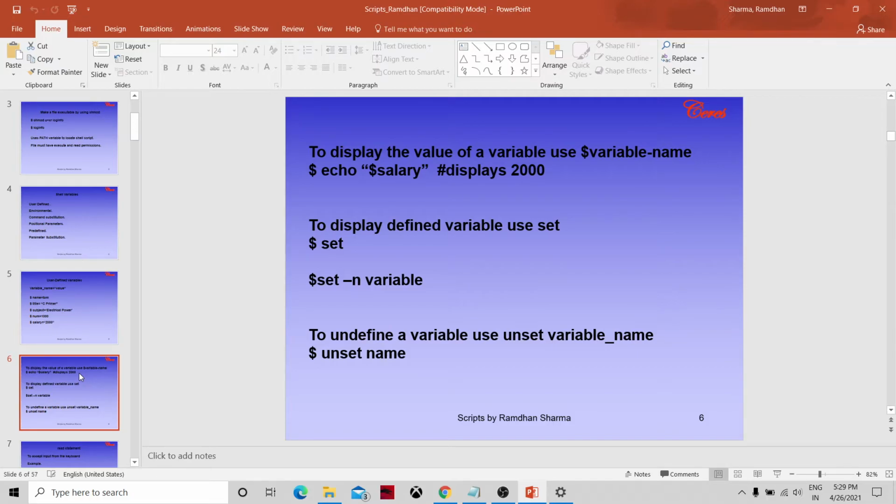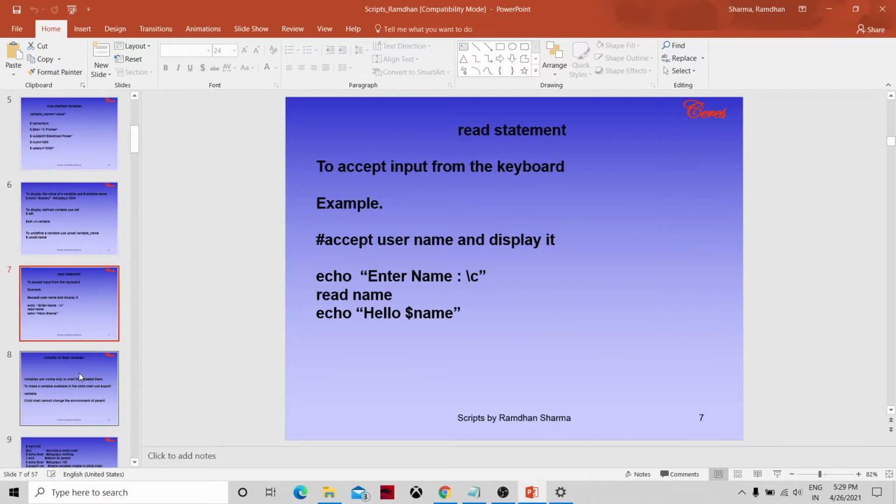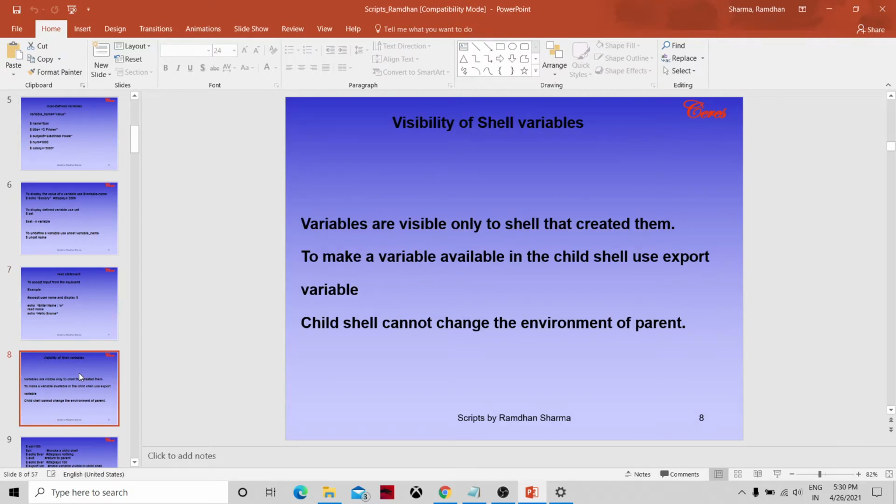To undefine a variable, use unset name, when you are not using that variable in the script. And the read statement is to accept input from the keyboard. Like scanf and printf in C language, likewise we have read here in Unix. So echo enter name, read name, echo hello $name. These are the small things.